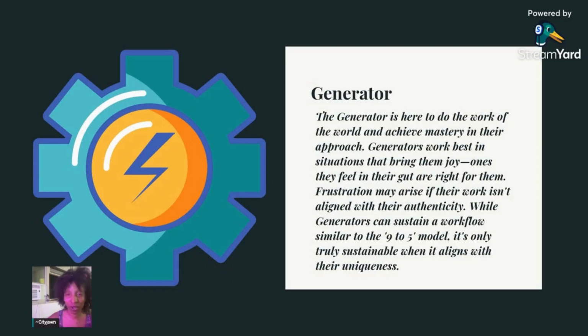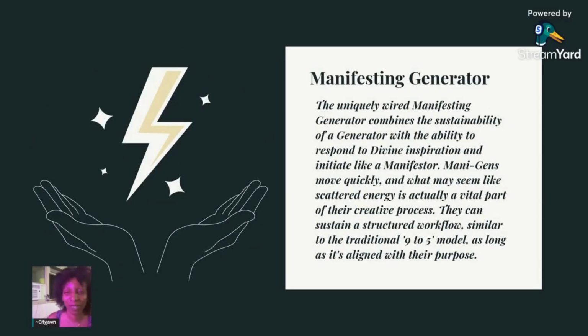They also have natural rest mechanisms, right? When they're not working and not in that motion, and when they are generating energy and attracting what's next. So then we have the manifesting generator, which is a uniquely wired type, a hybrid of the generator